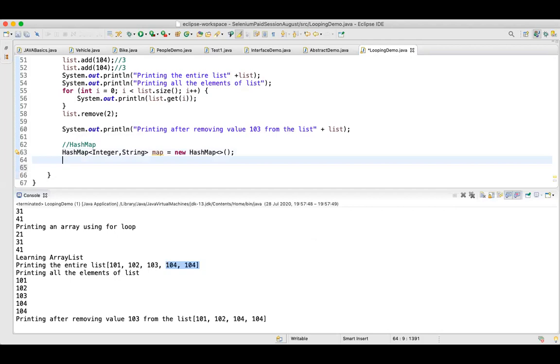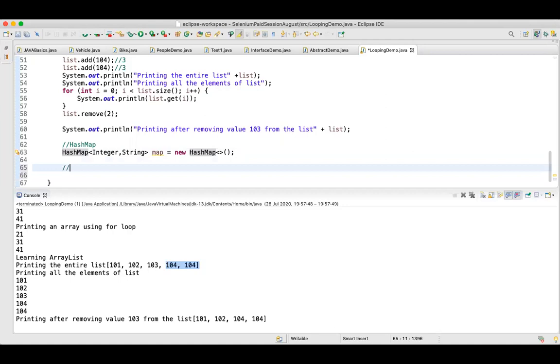Now, let's say we all are working as employees in companies. The people attending the session today are actually working in a company. Your company stores your value in terms of ID. You get your employee ID when you join a company. Somewhere in the database or in the code, they have this definition of a hash map, wherein your name is mapped to your ID.